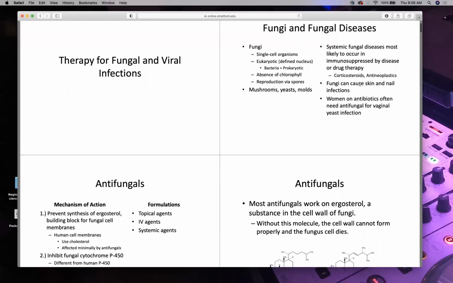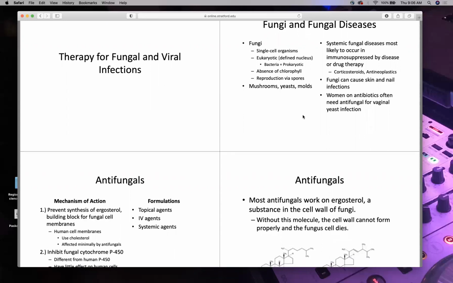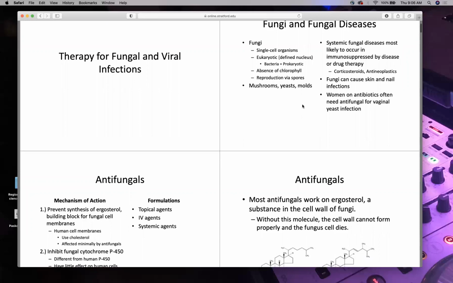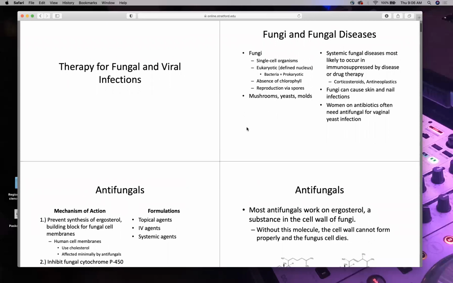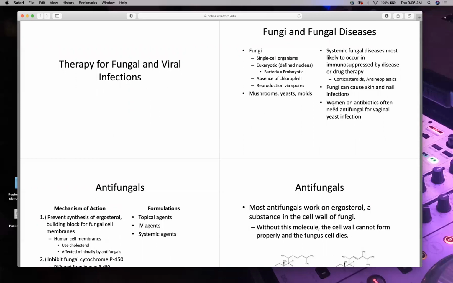Look up the COVID numbers on people with corticosteroids and anti-neoplastics. It's not increased. Isn't that odd to you? Odd to me. So something to think about, right? Again, I'm not here to tell you, I'm only here to present facts to you. The rest, as a student, you have to try to do your own research and infer.